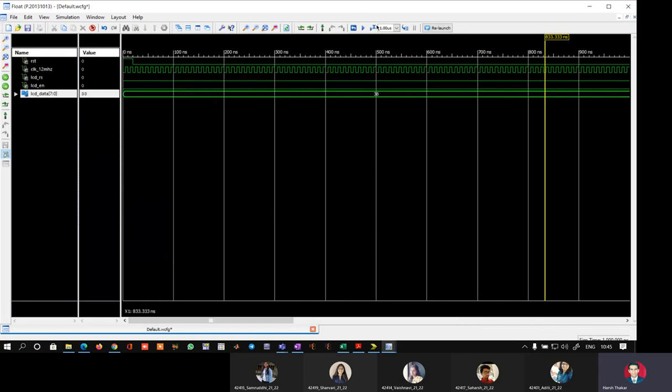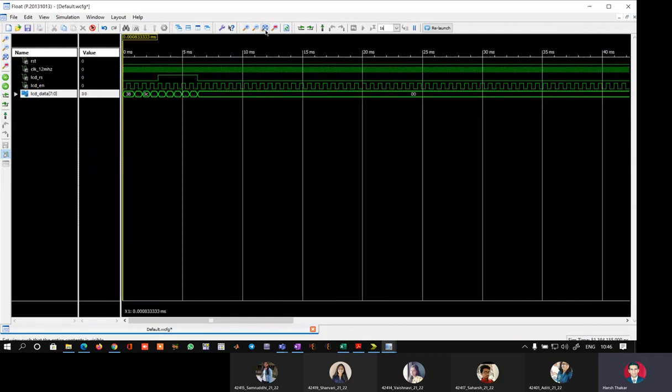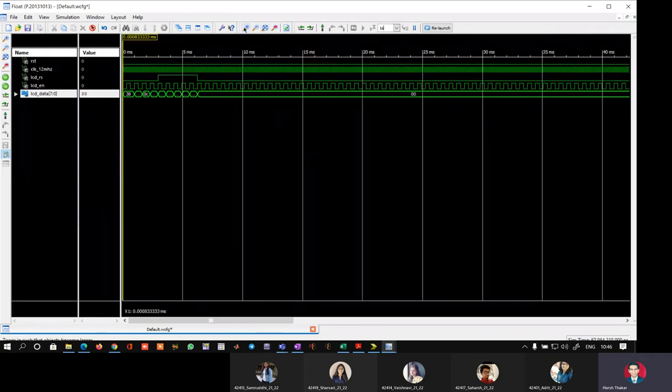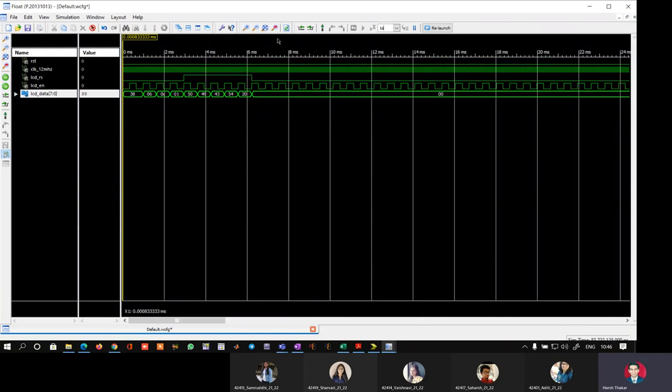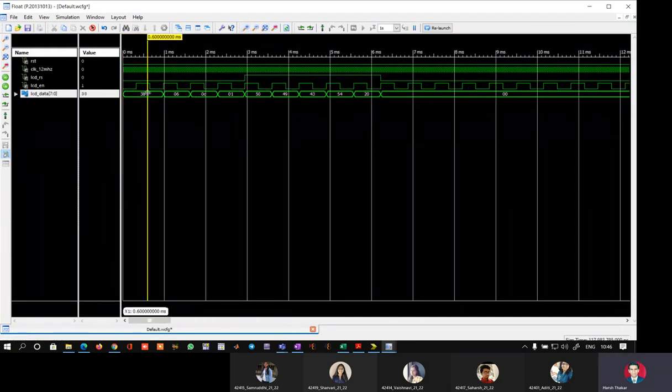So what you should do is change the simulation time from 1 microseconds to simply 1s, that is 1 second. And as soon as you do this, the simulation will start running. Okay, we can see here, and if we zoom, we are able to see all the ASCII codes. See here. Okay, 38,